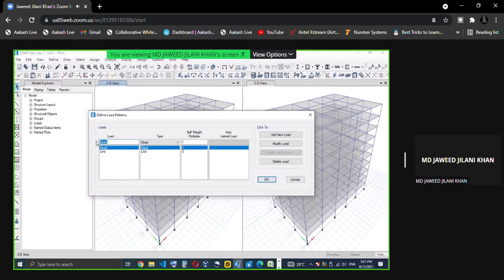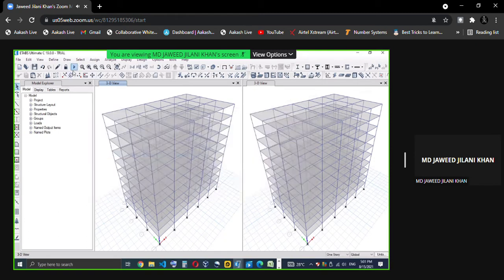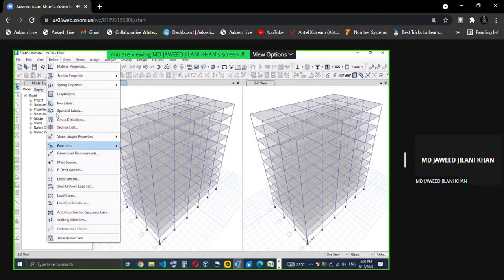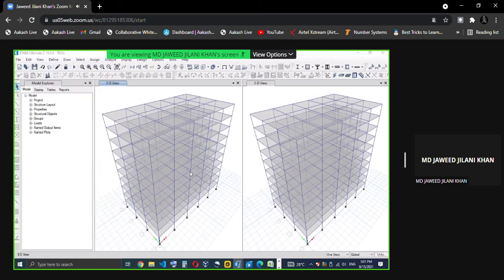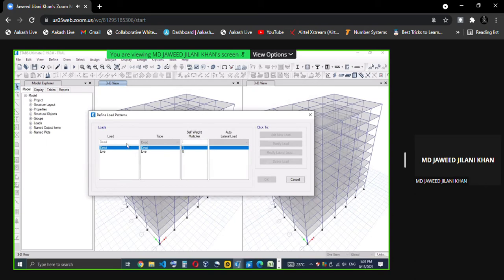So I'm going for EQX, and I'll say add new load. I'll say EQX, define load pattern.